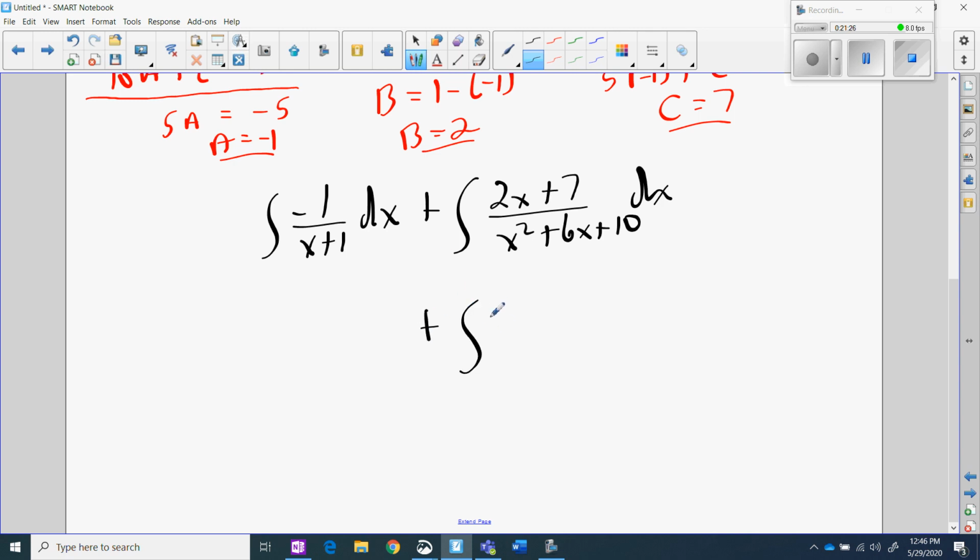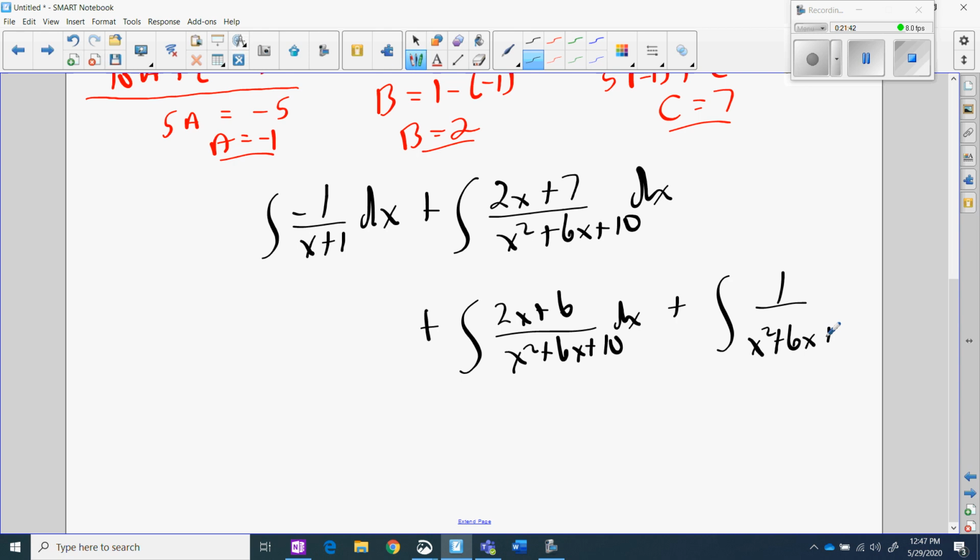So it's going to be the integral of 2x plus 6 over x squared plus 6x plus 10 dx, because that's du over u. And then that leaves an extra 1. So then you need the 1 over x squared plus 6x plus 10 dx. And you got this one already, which we already said is easy. So it's just negative dx over x plus 1. So this is du over u. This is du over u. This one is not du over u, but it is a pattern